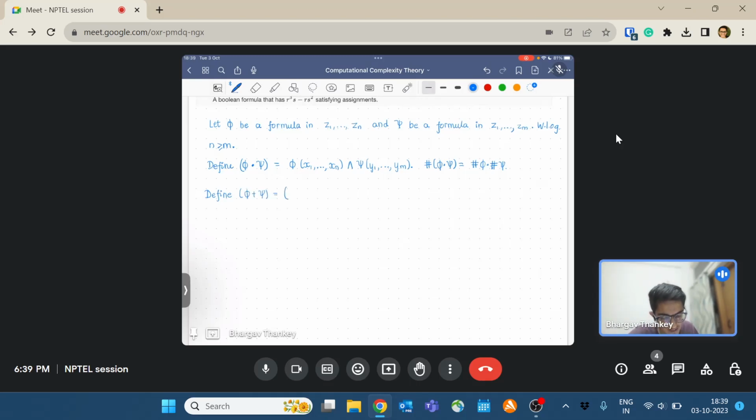In the previous case, we used two sets of variables, x1 to xn, y1 to ym. Now we'll just use one set of variables, the z variables, but we'll introduce a new variable, z0. So the formula will look like this. It's z0 and